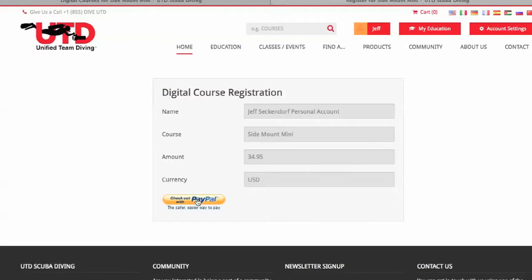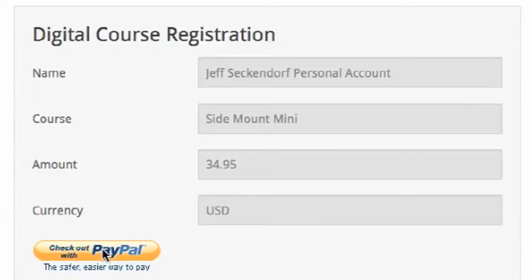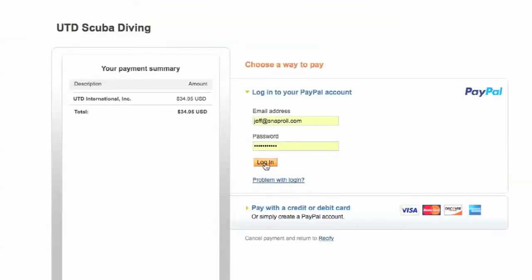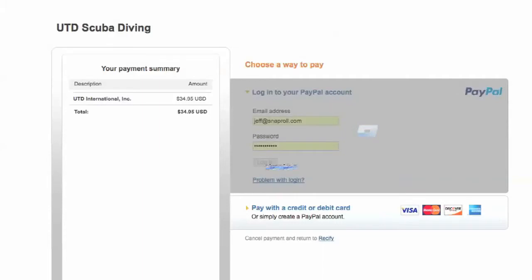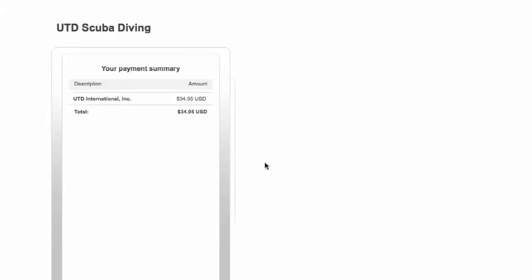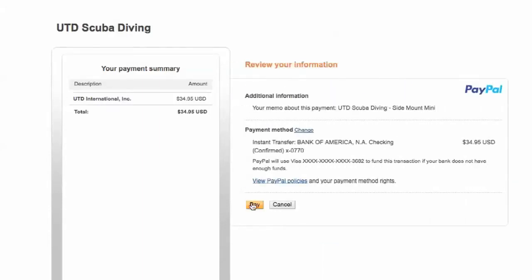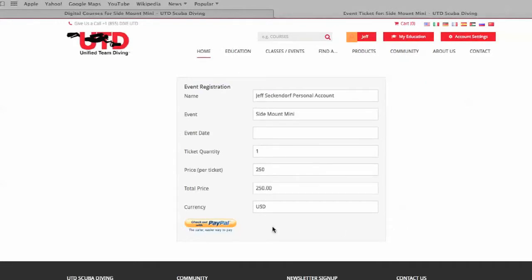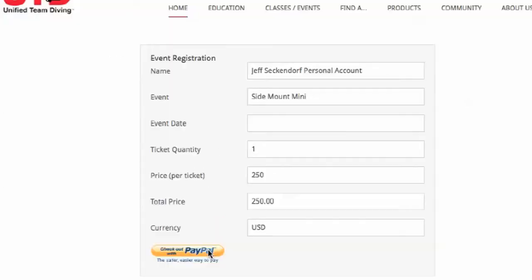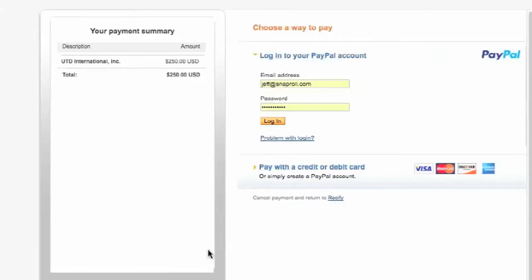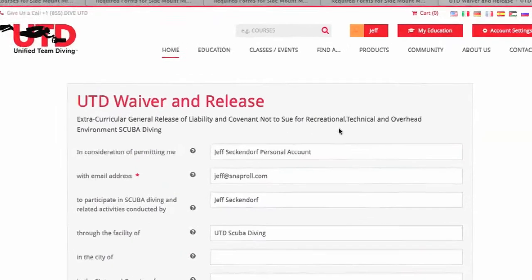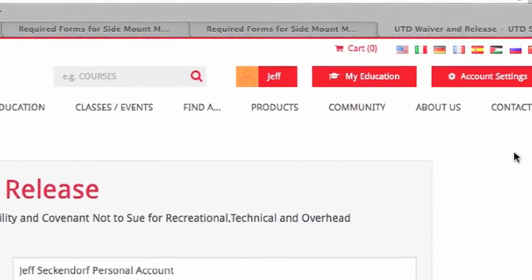The system will automatically distribute various percentages of the payment to UTD and the class organizer. This eliminates the need to provide your student with an authorization code. Your percentage of the online digital courses is automatically deposited in your PayPal account. Simple. After that purchase, the system will return the student to pay for your class. Again, the system distributes the payment to you and/or the organizer, like the Dive Center, as appropriate. Once all the payments are made, your student will be able to fill out all the required forms and then print a ticket to the class.